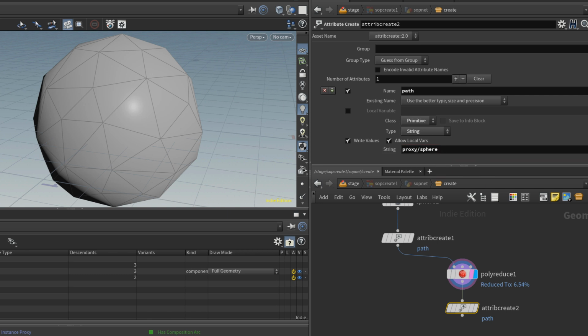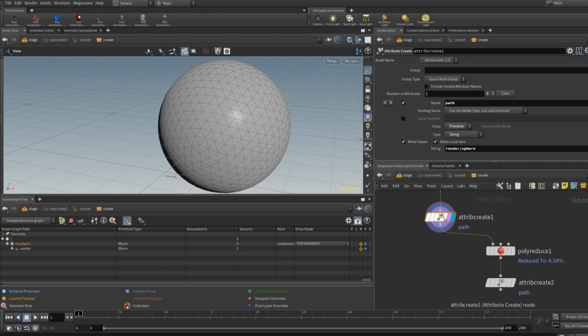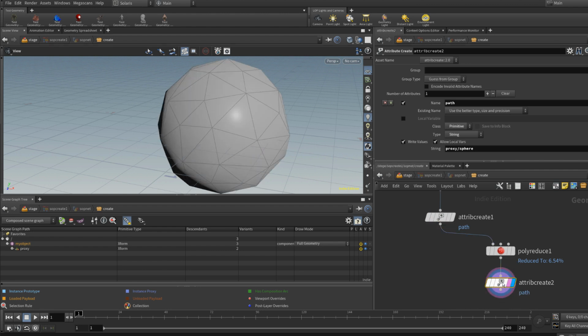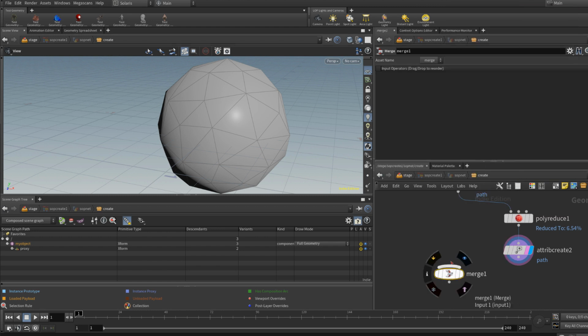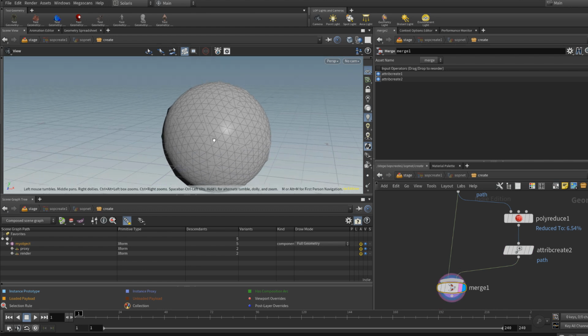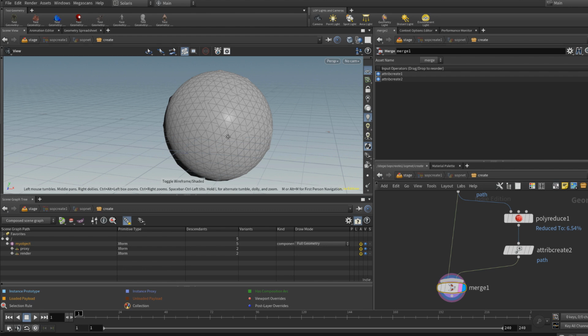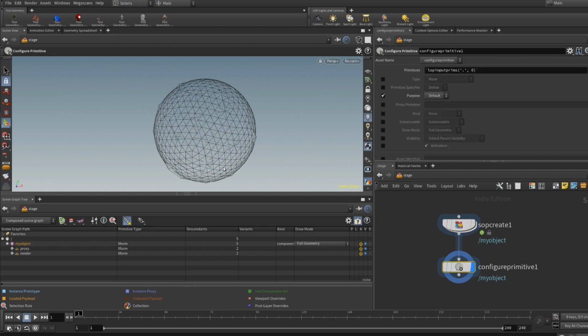We'll copy this attribute create, and in the string we'll basically say this is a proxy. And actually, to make that more clear, what I'll do is that I will call that render. So what we'll say is specify when we want to use this for render and this one as a proxy. We'll just merge those two guys. And about merge, I will need also to talk to you about that in LOP because it's a bit different. So right now, those subs are merged properly, but we want to configure the display.